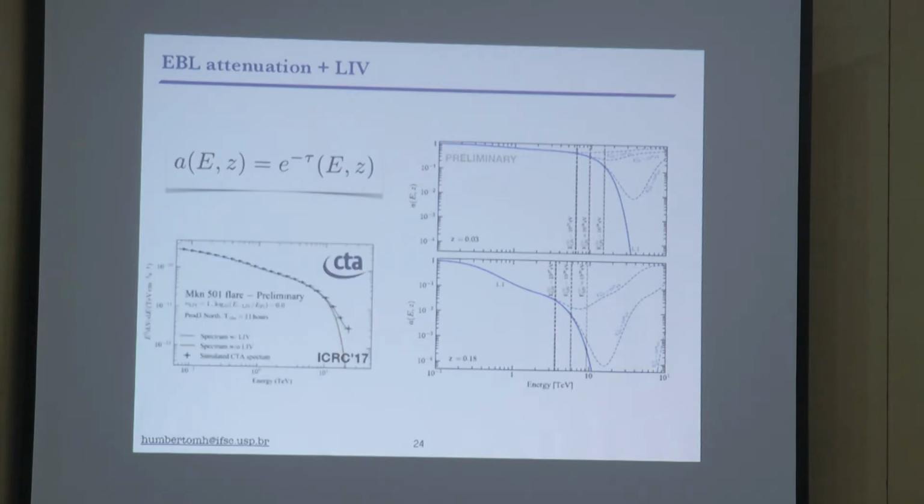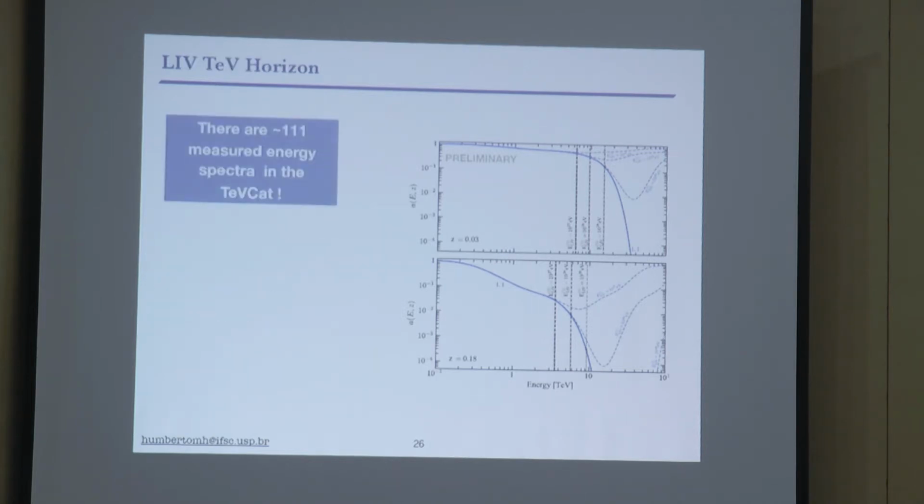There are also some predictions using CTA. These are some simulations that were presented at the ICRC 17. So what we have in the table is that we can ask if we can do something better than that in this energy window, and in fact, why use only one source when we already have hundreds of sources in the TeV catalog? So in order to do that, we need to understand which sources have the potential to